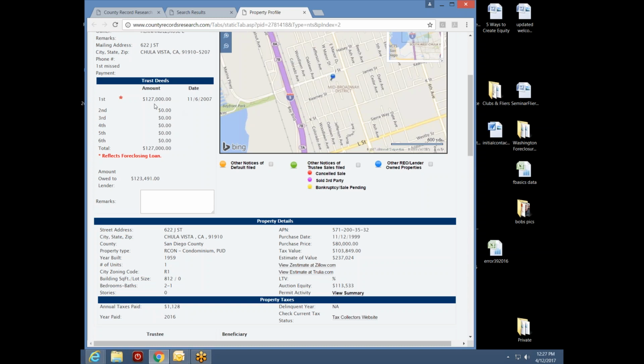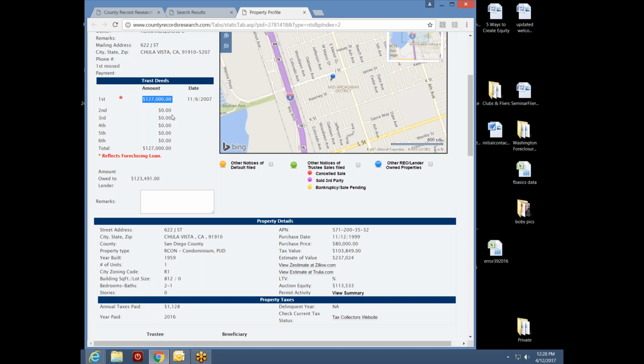Now, if I was going to buy this house at auction, or condo, excuse me, if I was going to buy this condo at auction, I would make a call to title to verify that our researcher is right, because we've got a purchase date of 1999 and a loan date from 2007. So there's a gap there of about 8 years. So I would make sure that this is a first. It looks to me like it is. I'm guessing it is.